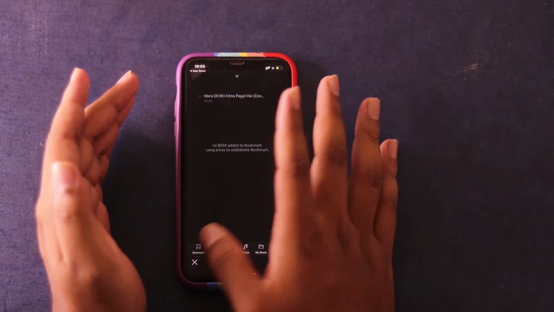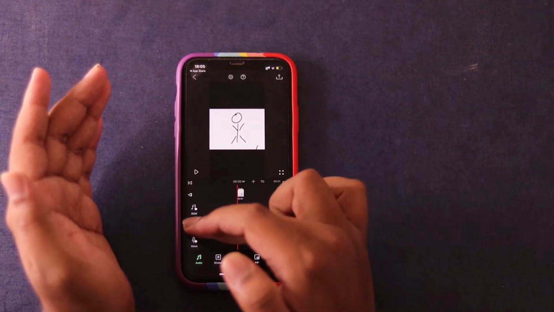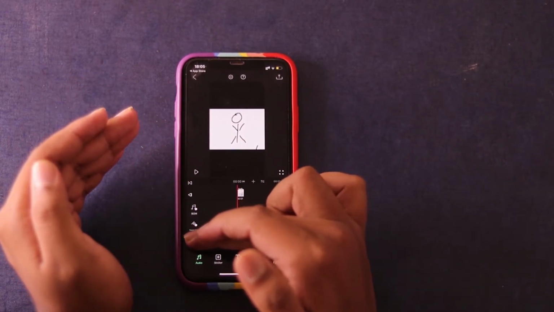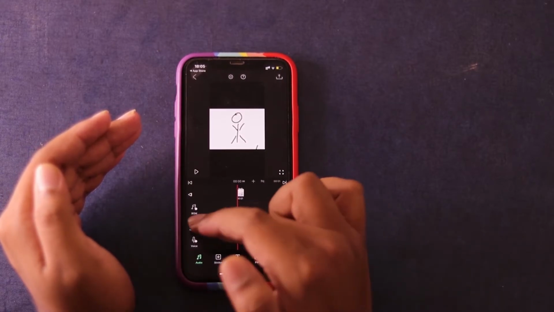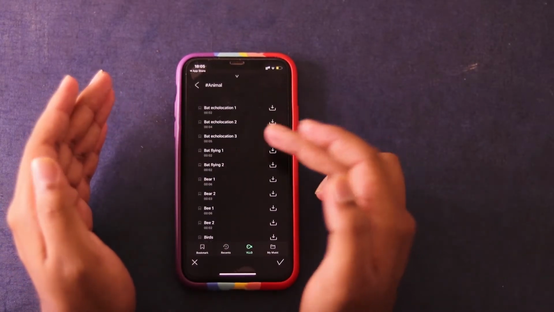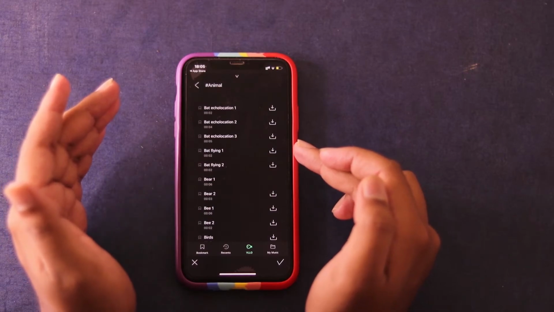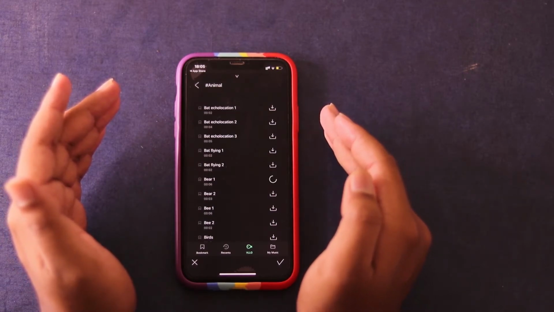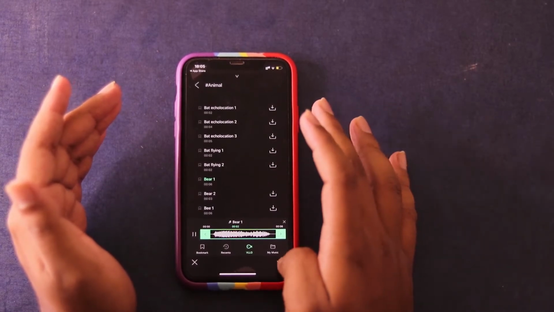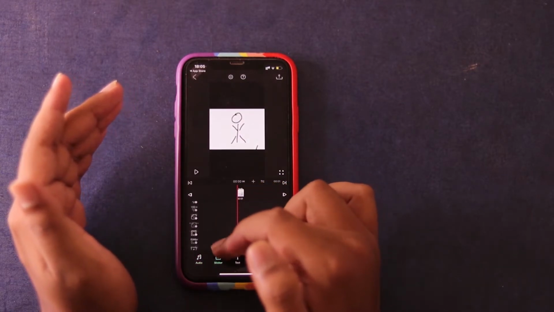And then you have recent and bookmark music, so you can add the music that way. And then you have sound effects. So you can record your audio in this as well from this voice music. And for sound effect, you have various sound effects as well for animals, like bat flying, bear. Let's just download one and check how the sound effect is. So this is how the sound effects are. So you can add various sound effects as well.